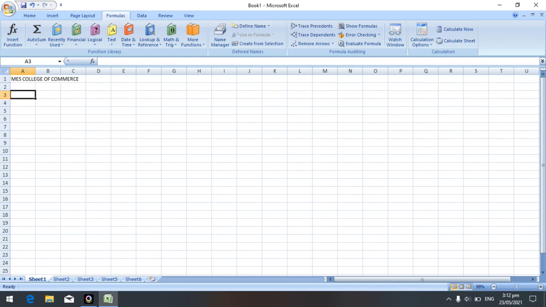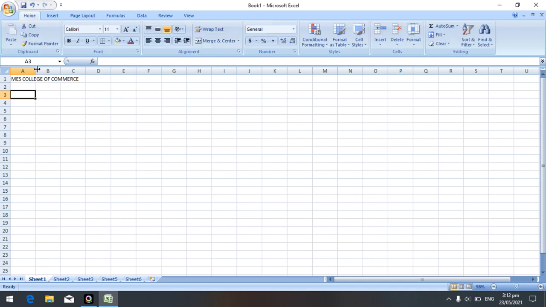Next, if I want to increase the column size, this one is called the grid line. What is a grid line? The grid line divides the column names as well as the row numbers. If I want to divide A and B, see here it shows this horizontal and vertical line. So this is the column grid line, and this one is the row grid line. Grid lines are those which divide the columns and rows.